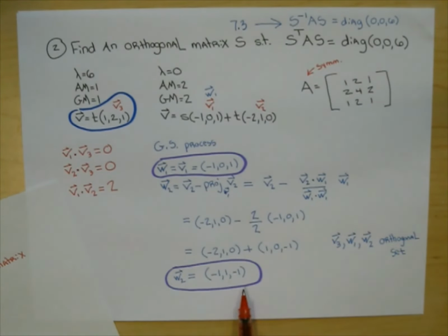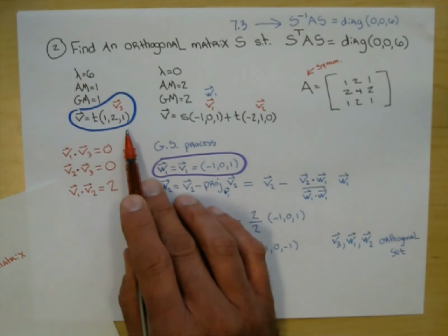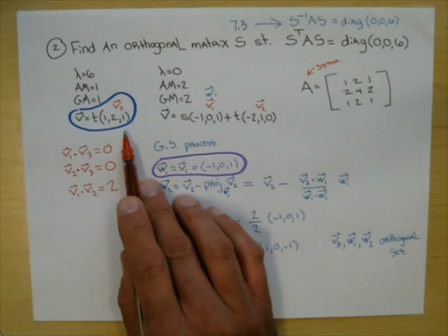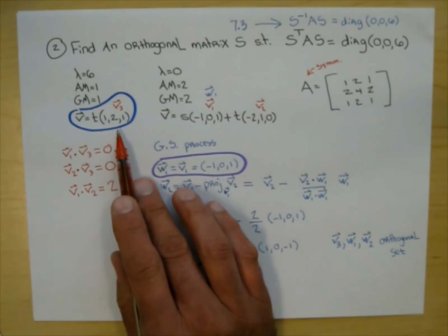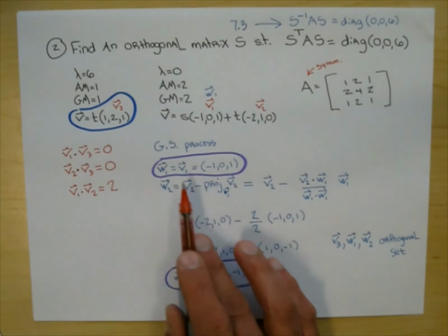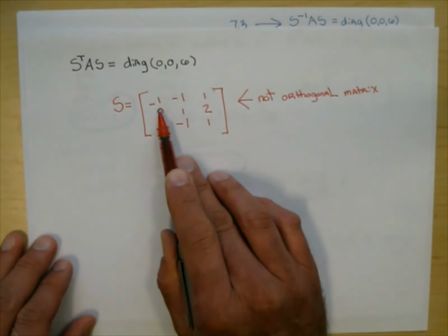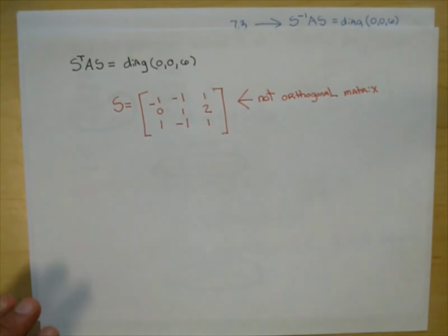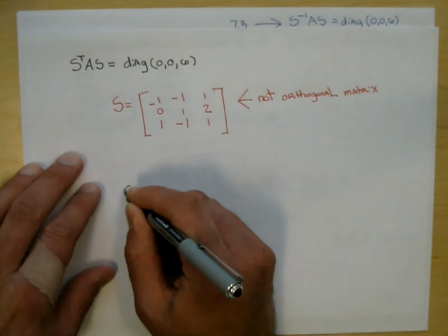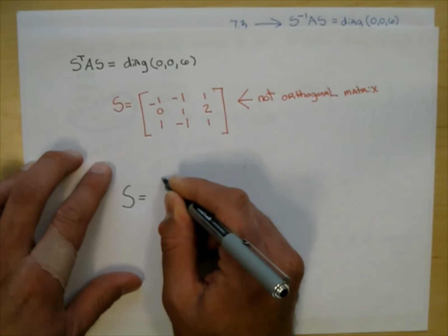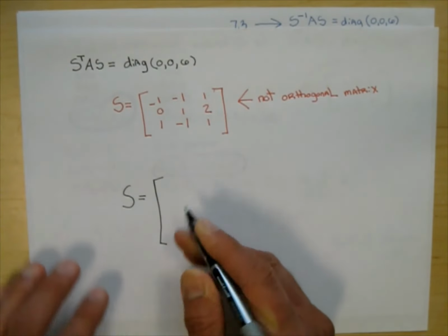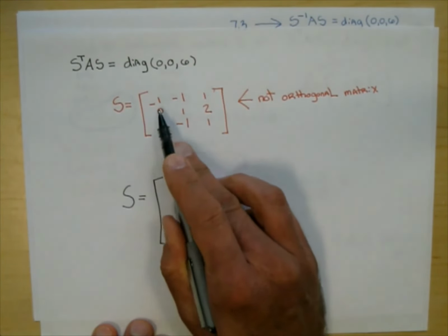So what do you have to do with each of these three vectors? You've got to normalize them. Divide each of them by their length. And so instead of writing -1, 0, 1, here's the correct answer. Well, what is the length of -1, 0, 1? Doesn't that have length